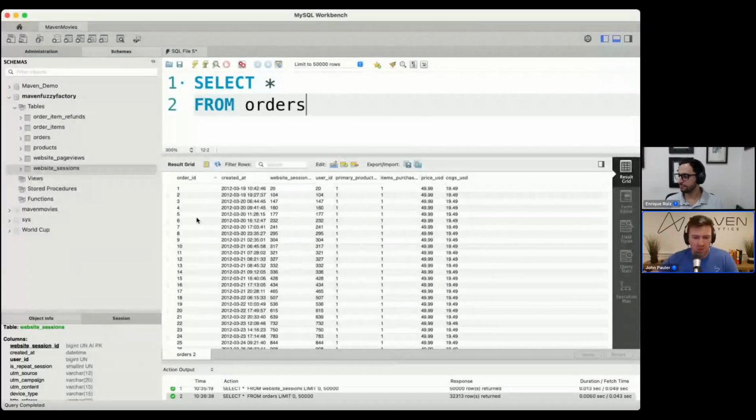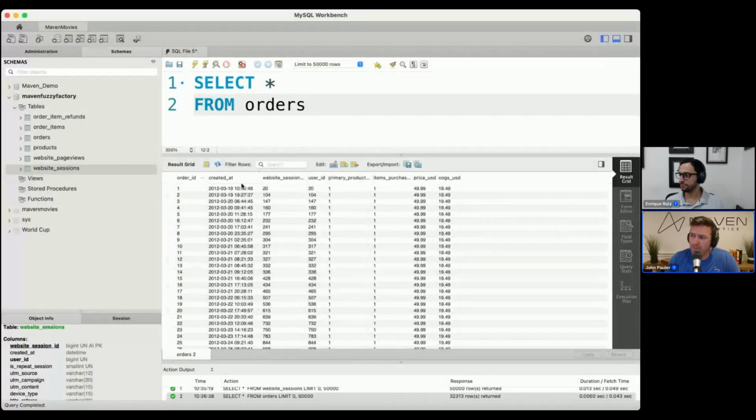Again, these are not rules. There are other ways to do primary keys, but this is by far the best way to do it. And so as a result, you almost always see it there. Most tables you'll see will also have a created at timestamp. And so this is formatted as a date time here with years, months, days, and then hours, minutes, seconds. It's when a data point gets put in there, it stamps the current time. That can be really helpful as an analyst. We're going to use that date time value to do all of this slicing and dicing and trending analysis.